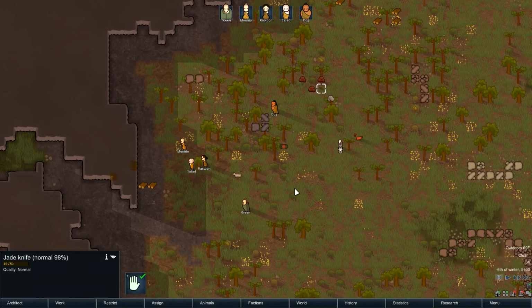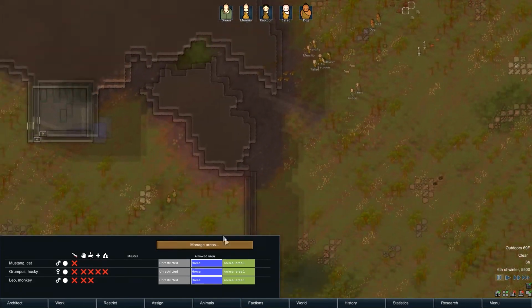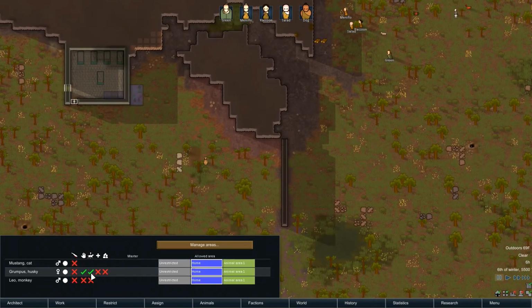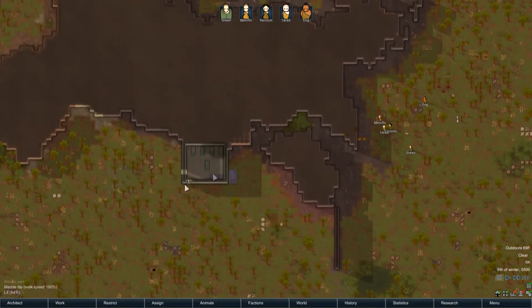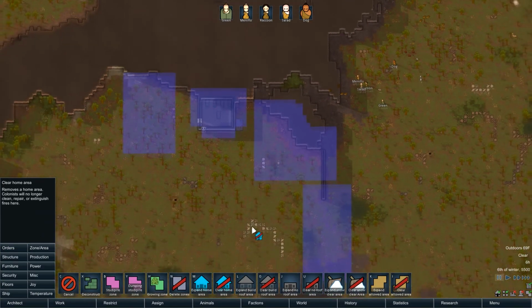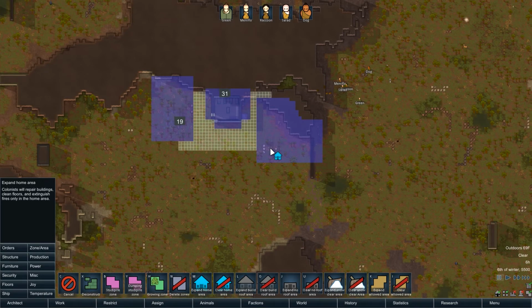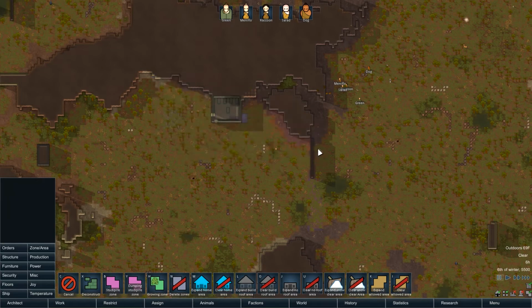Okay, so our animals, we don't want them wandering about too much. We're going to put them at home. And we're going to go ahead and train our animals, everything that we can. This will be our home area over here. I'm going to take that out. And they'll just have to stay in this area here. There we go. We want to keep them over there so that they can...